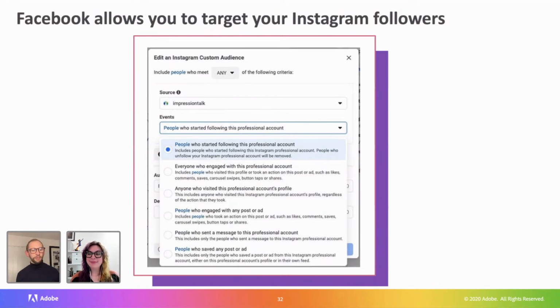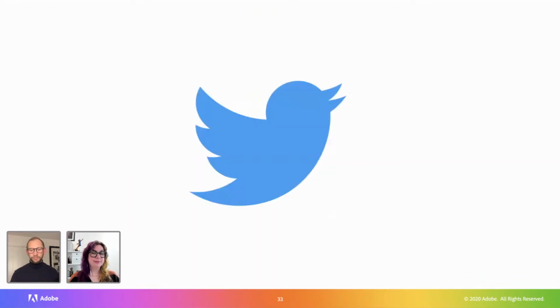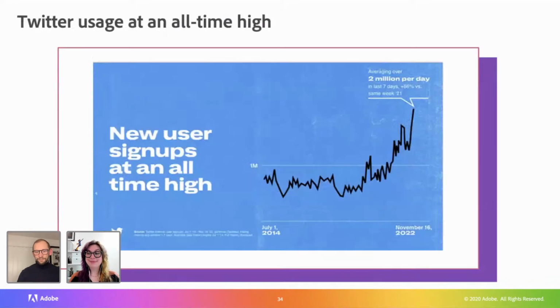I guess this is what people can do, and you never could do this before, which is kind of a bit weird. It seems like an obvious thing, but if people are following you, here you are on Facebook building an audience for your Facebook ads, and you can target people who just started following your Instagram account, provided it was a professional account. That's super powerful. It's cross-platform targeting, and they should be great people to target because they've just started following you. Another nice ability to target audience. We don't talk about paid stuff on this session, because we focus more on organic things for small businesses that don't cost anything. But I thought that was too good an update to miss.